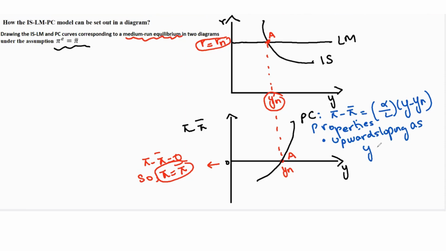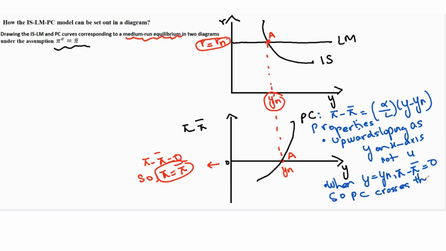The reason we have Y is so that we can plot them together. In an IS-LM model, we have Y, so we want Y over here also. And you can see from this equation, given Y is equal to Yn, pi minus pi bar is equal to 0. So the Phillips curve, PC, crosses the x-axis